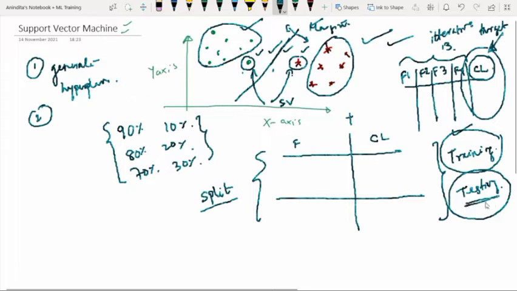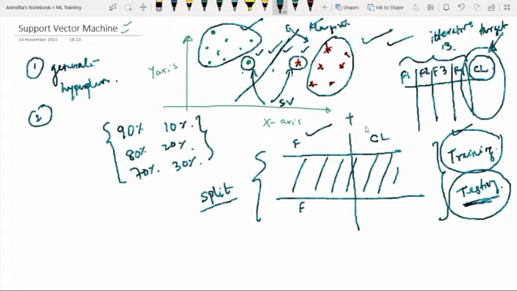However, testing data will only contain features. After training the model using features and the class label, meaning for which values we indicate which class, this is how the machine will learn by itself.